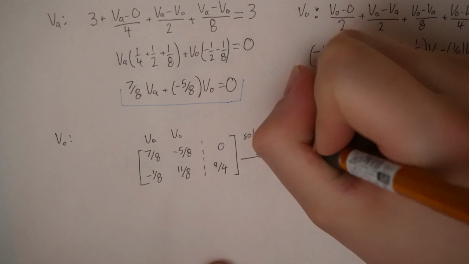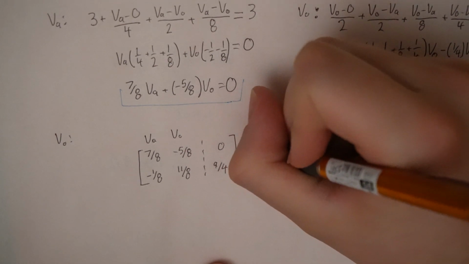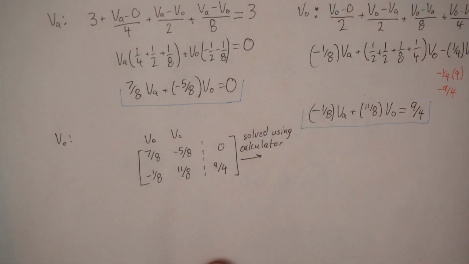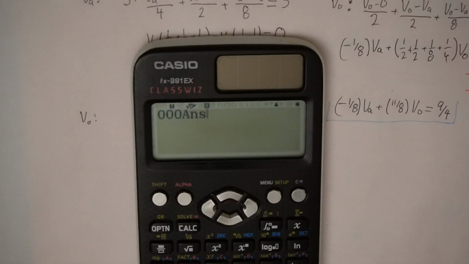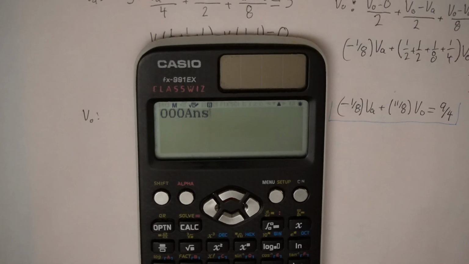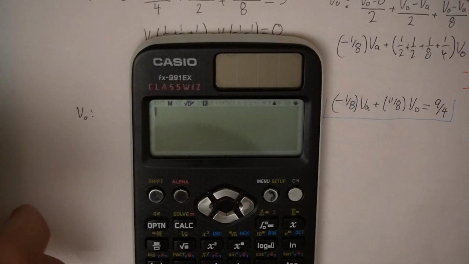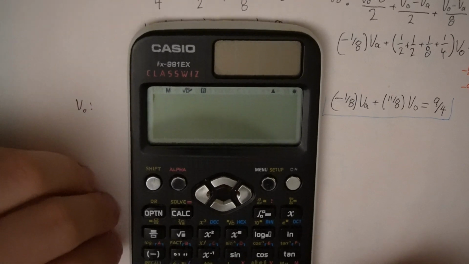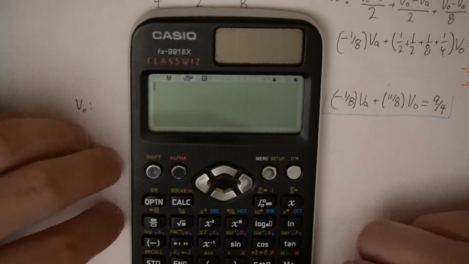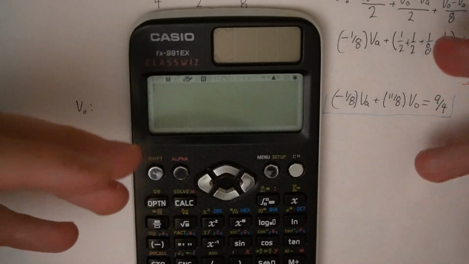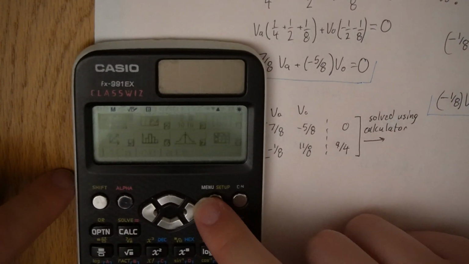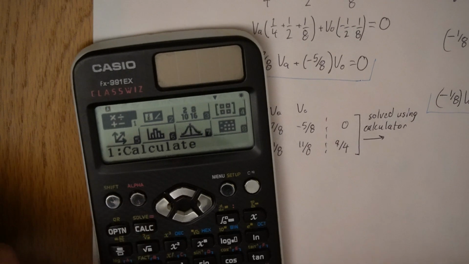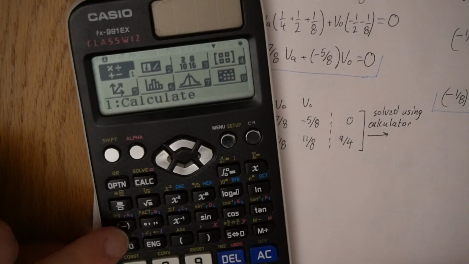Solved using calculator. If I want to solve it using my calculator, once again, this is the calculator I use. It's an older model. It got me through undergrad. I'd say it worked well for me. There's a newer version. I think the commands are similar. So if you want to solve this 2 by 2 matrix, we'll go menu, now go alpha, and then the minus sign here, A,